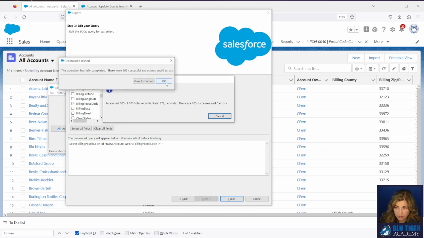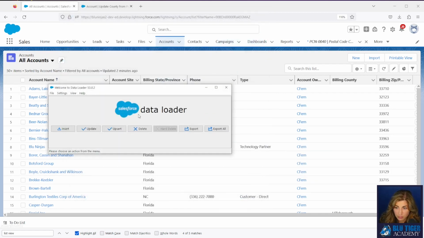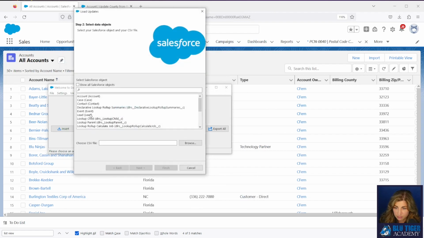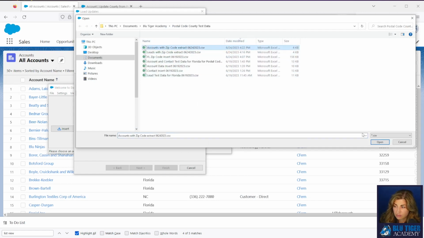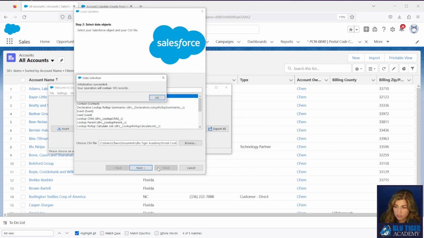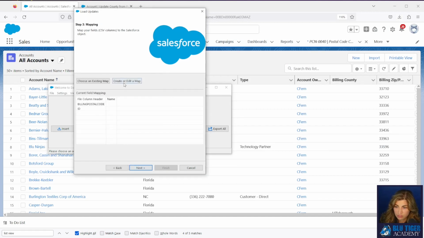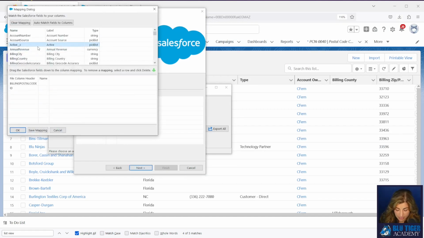Okay, so I've got that file. Now we just run an update. I only need to map my ID.